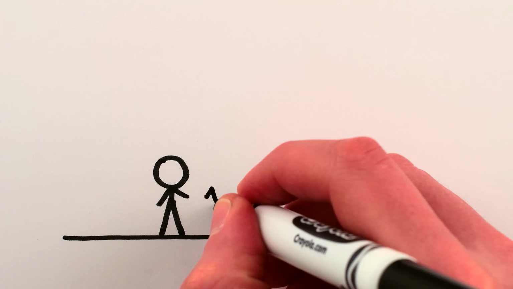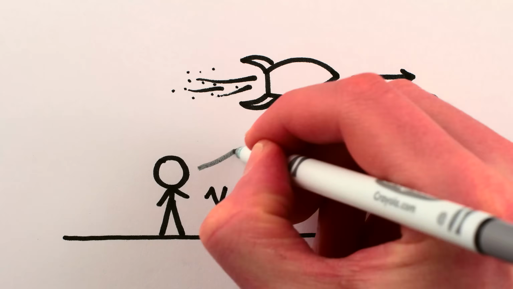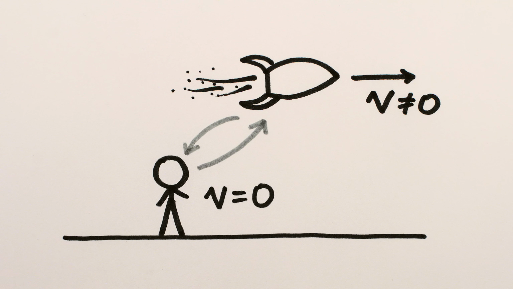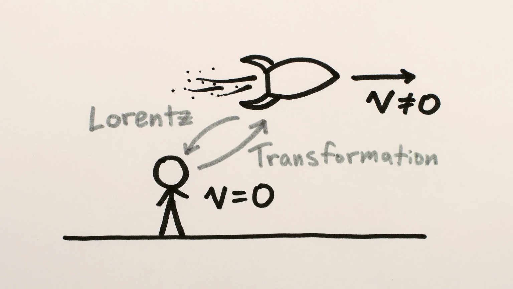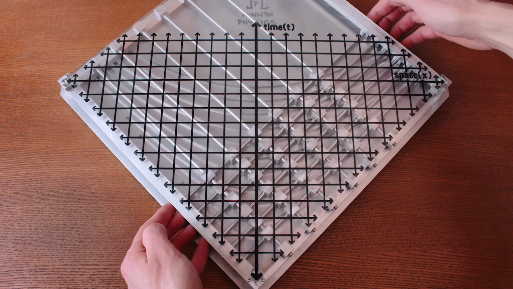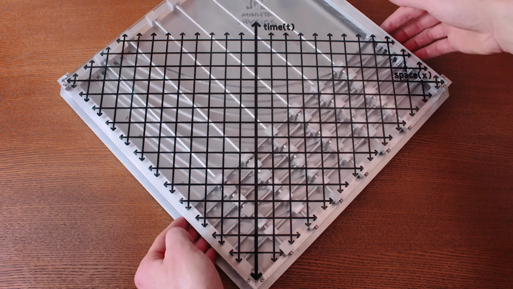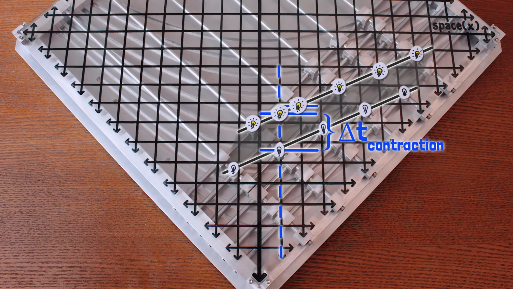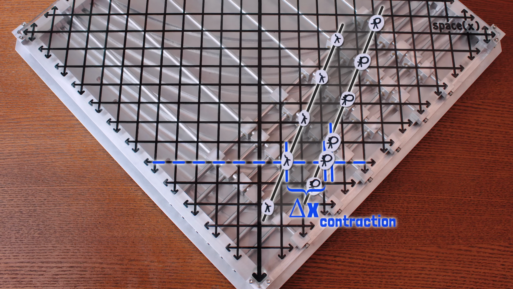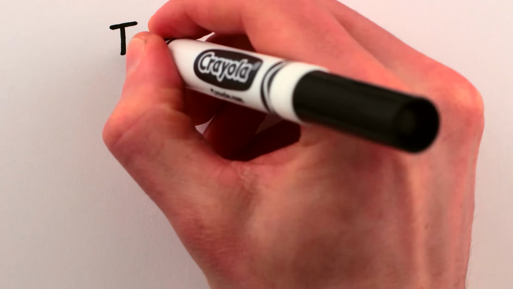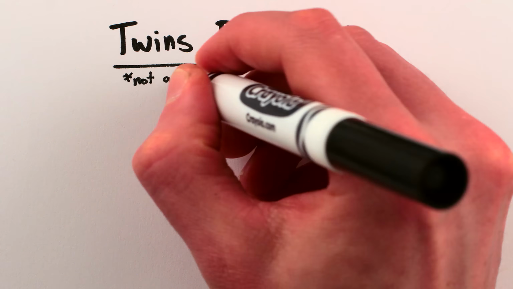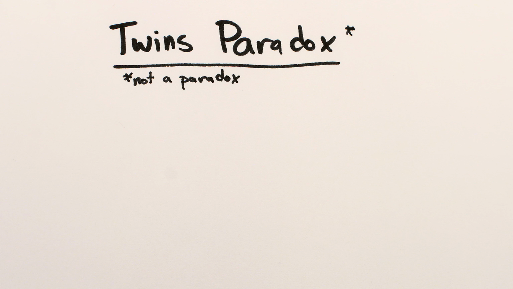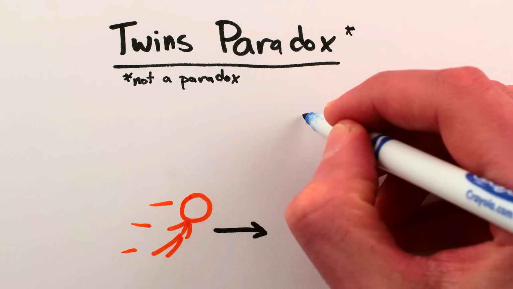In our universe, when you change from a non-moving perspective to a moving one, or vice versa, that change of perspective is represented by what's called a Lorentz transformation, which is a kind of squeeze-stretch rotation of spacetime that I've mechanically implemented with this spacetime globe. The spacetime globe illustrates many of the features of special relativity, like length contraction and time dilation, and the twins paradox, which is a linguistically confusing situation that can arise in special relativity when somebody learns about time dilation.